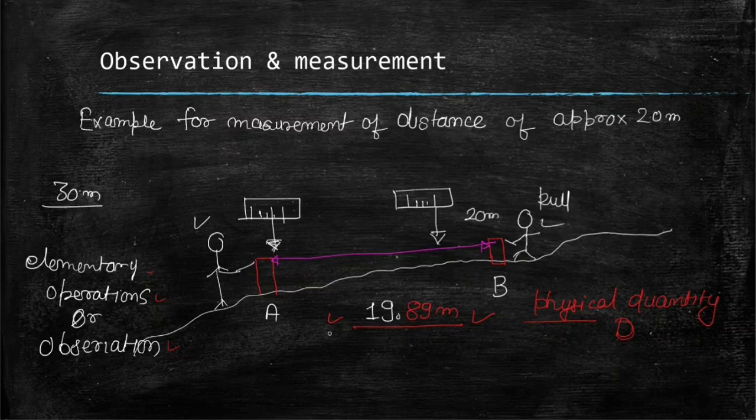So the final reading of 19.89 meter is not a single task. A lot of observations are involved in this before making the final measurement. This was just a simplified explanation of the measurement of a distance. But there are other elementary operations, observations, that are also required if you want to refine the final value. Like you need to observe the temperature,